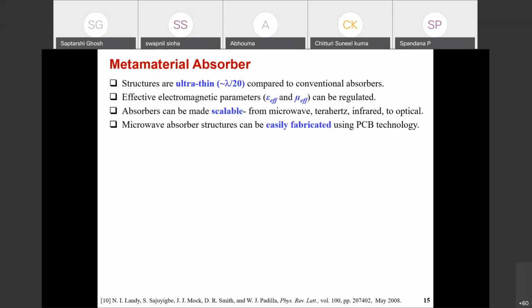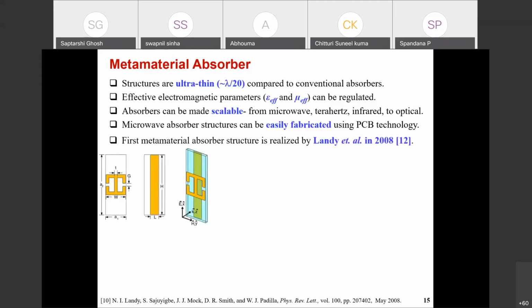So therefore, we can go for a low cost commercial metamaterial absorber that can be designed for microwave applications. How has it started? Landy and his group first started the metamaterial absorber in 2008. At that time, what they did was put an electric resonance surface, and a cut wire at